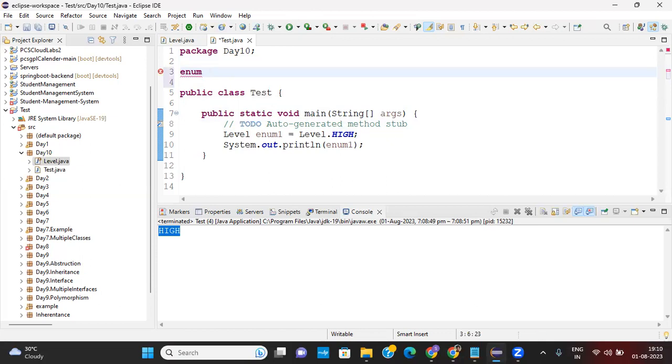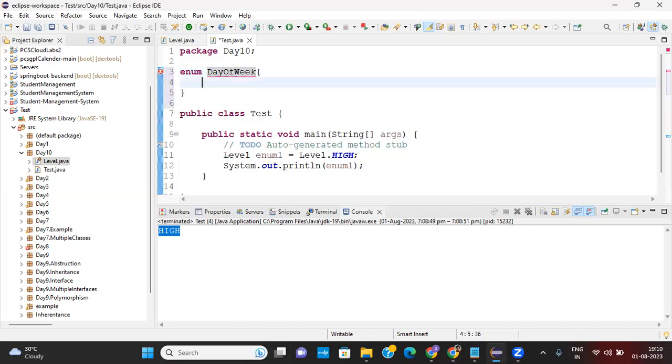After the enum keyword we have to give the name of the enum class. So here you created an enum, and you say there are 7 days in a week, right? So you can say, day,